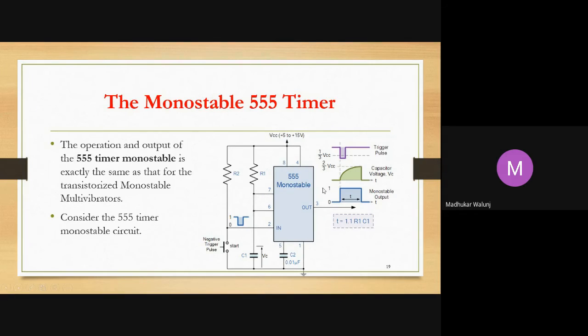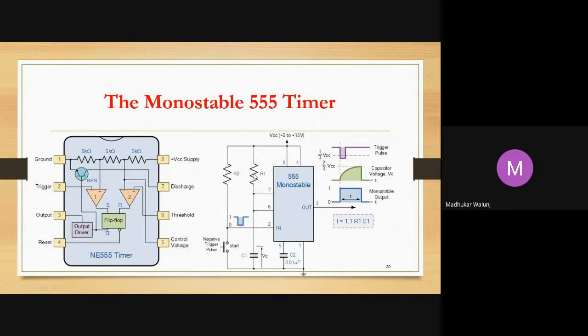So in this way, with this monostable, if a pulse is given, we are going to get one pulse of a square waveform which has a duration called T, and that duration of time depends upon the timing components R1 and C1, as the charging of the capacitor depends on the values of R1 and C1, which will give us a monostable output.